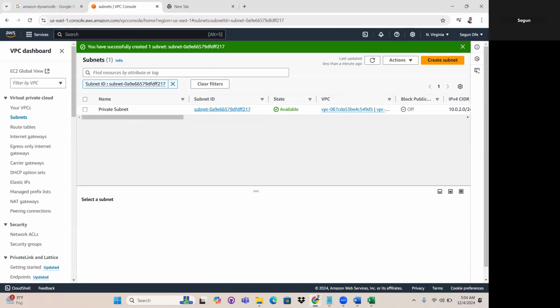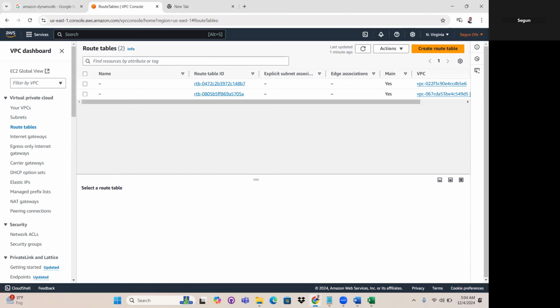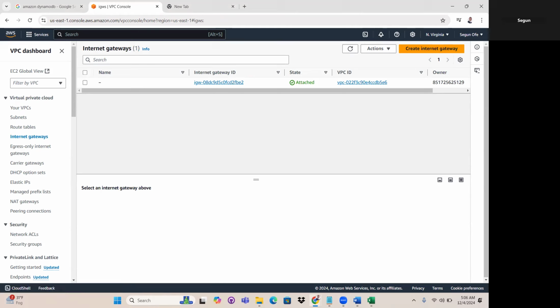Okay. So the subnet has been created, and that's great. So the next thing I want to do now is create the route table, right? So the VPC, the route table, then I'll also create the internet gateway. So before I create the route table, I'll create the internet gateway, right? So I'll create the internet gateway, and